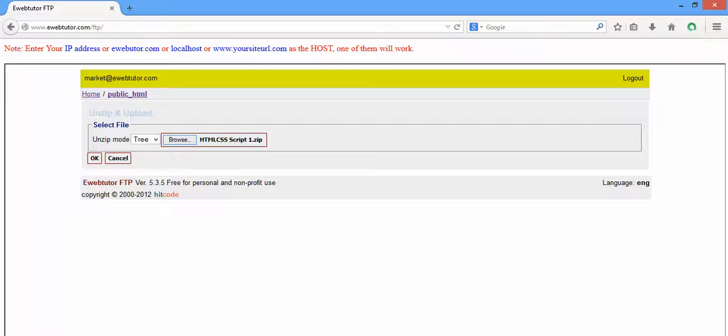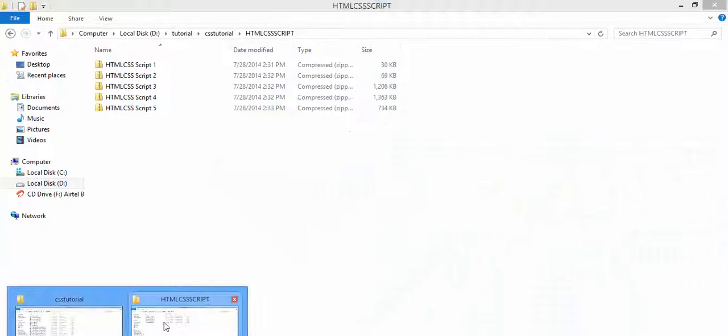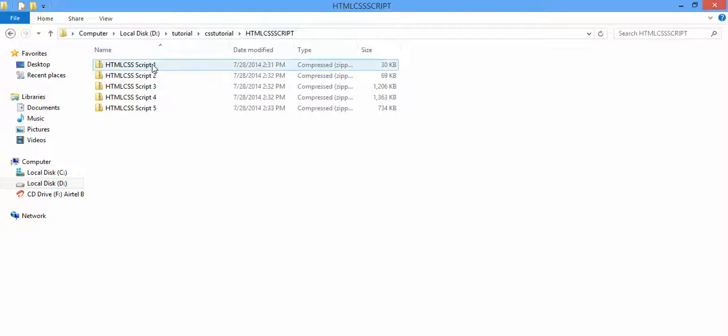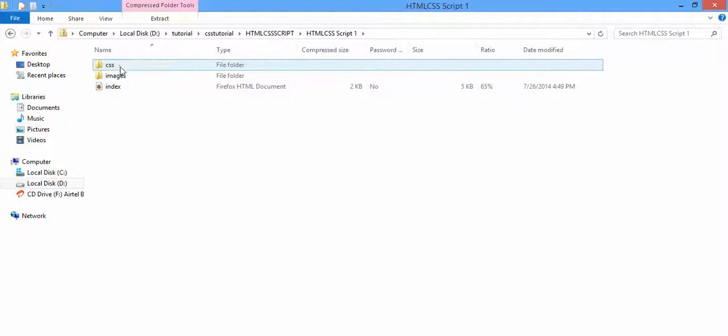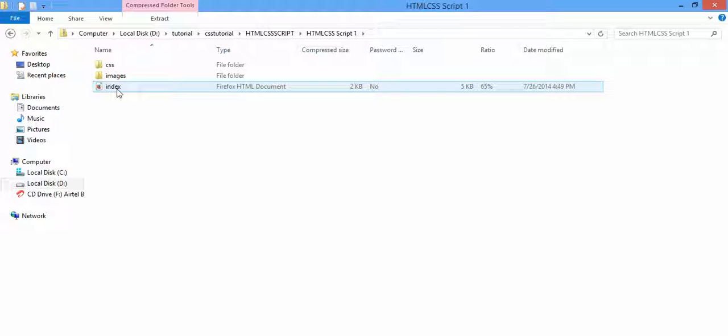So instead of uploading, let's see the contents of HTML CSS script 1. You can see it has 2 folders and a single file. So instead of uploading them one by one and wasting your time with normal upload, you just click on